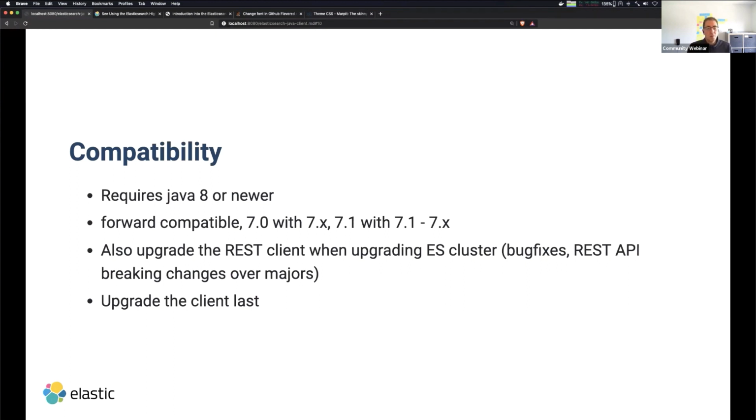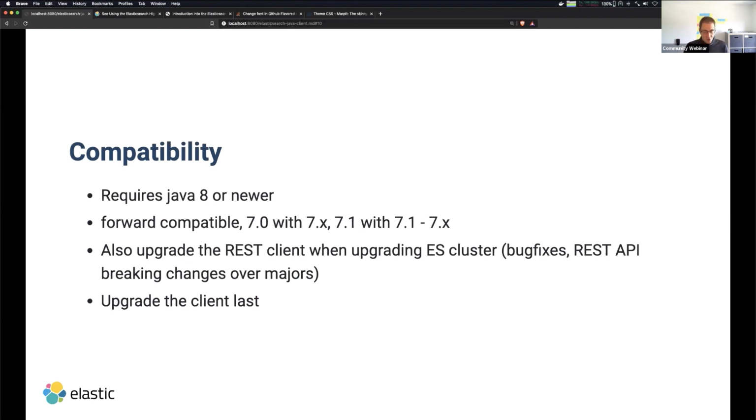One last word on compatibility. I already talked about Java 8, but of course, that's not everything. We also have to talk about compatibility when talking to different Elasticsearch clusters. In this context, it's important to note that this client is supposed to be forward compatible, which means when you have the REST client in version 7.1, then you should always be able to communicate with higher versions. So you should be able to talk to Elasticsearch 7.5.1 or 7.6.2, which is the most recent version. That said, it mostly makes sense to also upgrade the REST client over time when upgrading the cluster. The good thing is you don't have to do it at the exact same time, but